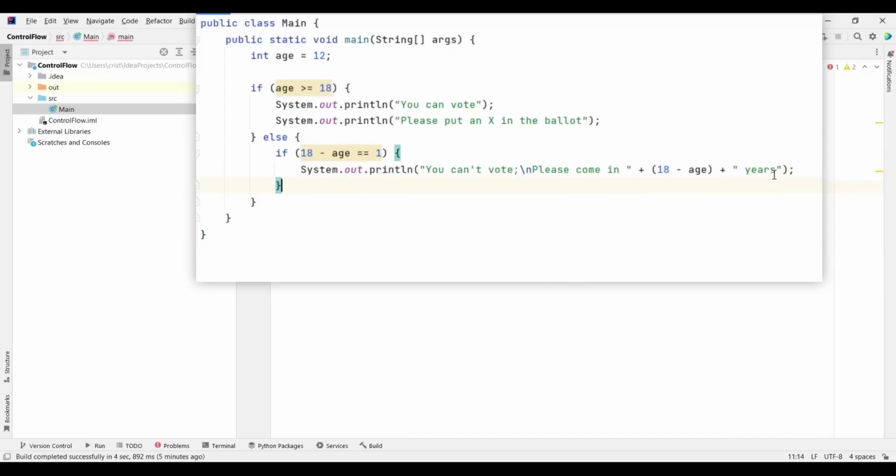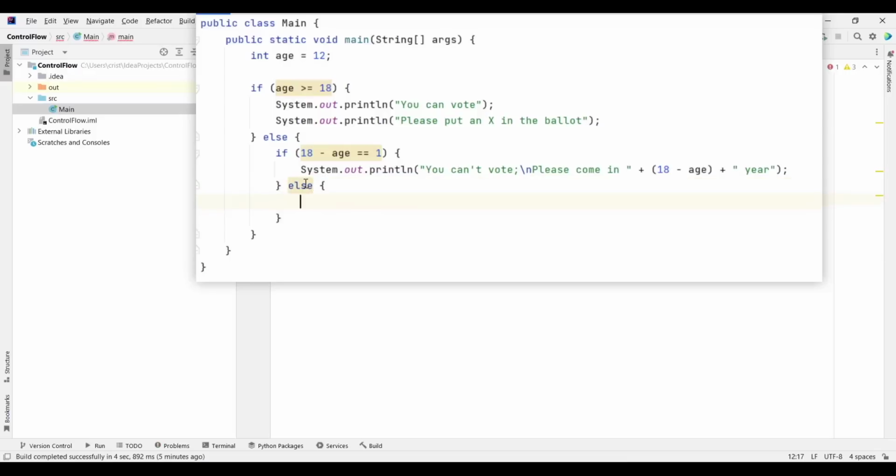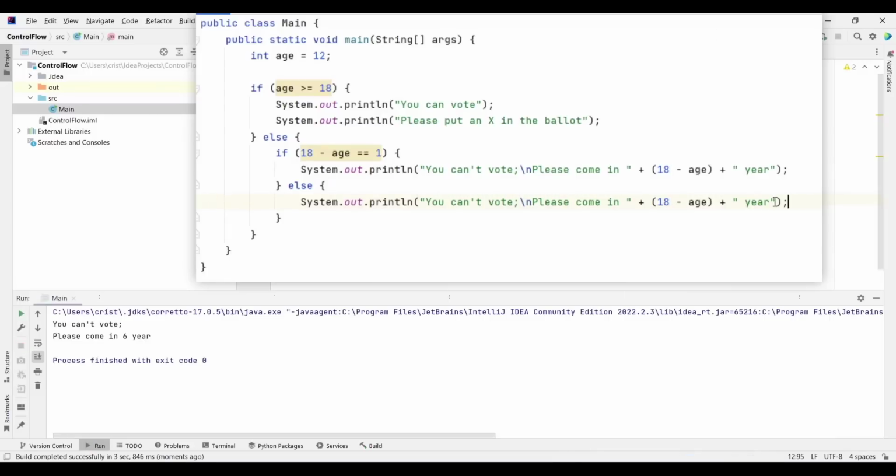So let's put the curly braces, and now you have this inside the curly braces of the if, and let's change this from years to year. Else is gonna output like previously with the text years. So let's copy this and paste it here. Now if you run this code, age is 12, so it will say please come back in, and let's put here years, because this will be executed if it is not 1 year until it can vote. So it says please come back in 6 years, and if I put 17 here and run this code,